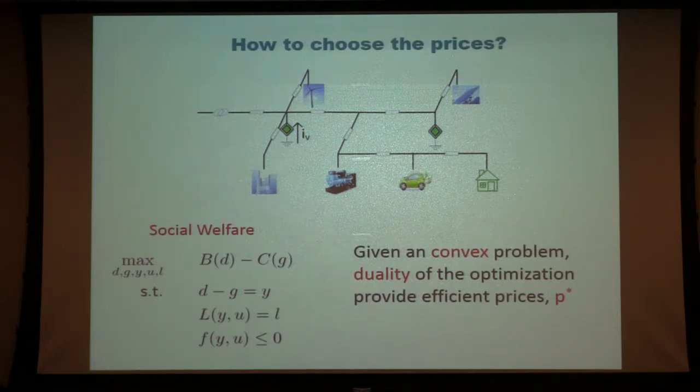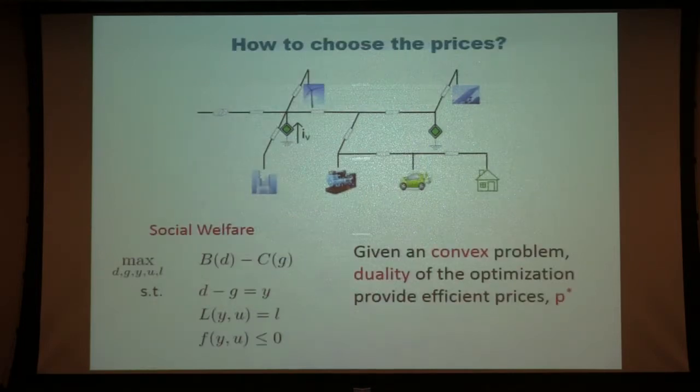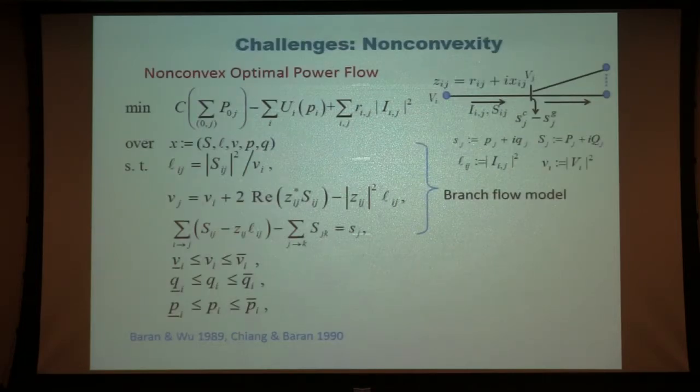For C it's easy, but for B, I question whether you would have a formula that is actually validated to use, especially depending on the size. For the commercial industry, it actually can come out with some B. For our sake, it's very hard to come up with B. But I will show how exactly to find the price later. Ideally, if I have B and C, then at least mathematically, in theory, you can get the price. But the challenge is the problem itself is non-convex.